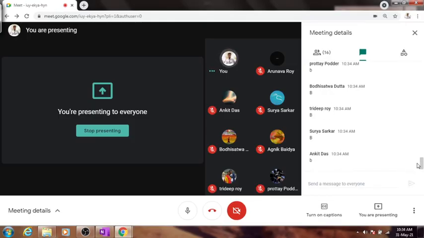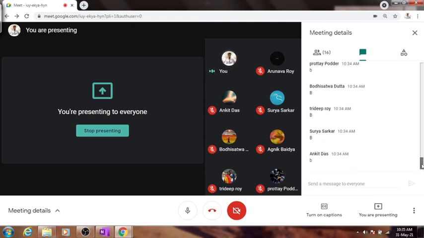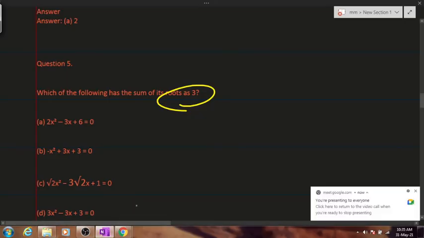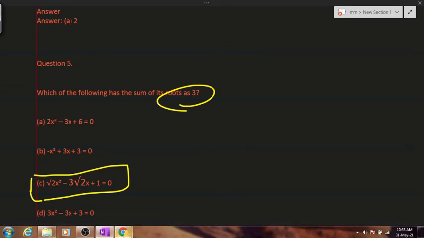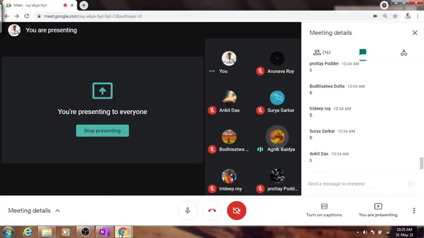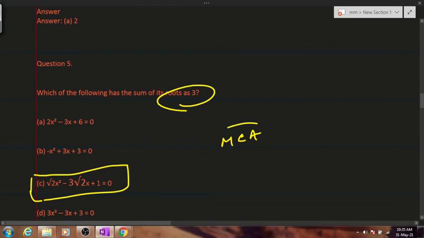This will be a bit confusing. I've got many answers as B. Now people have answered B. Clear? What do you think is wrong with option C? Sir, it is also correct. So why didn't you answer option C? Sir, because we saw option B first. That's not the case. Sometimes you have multiple choice answers also.